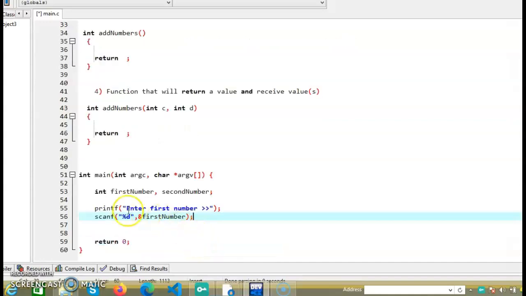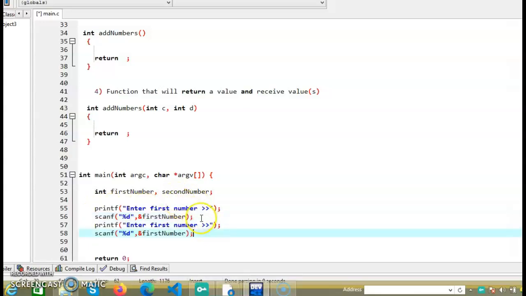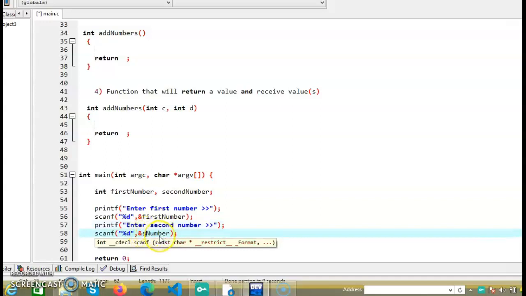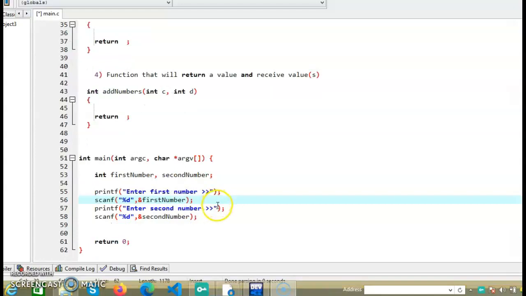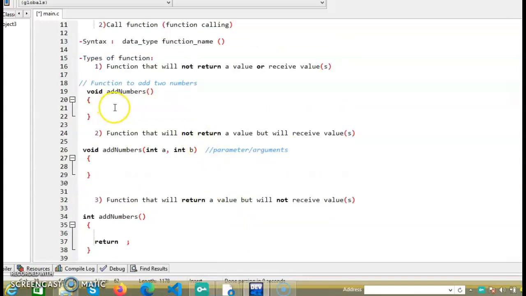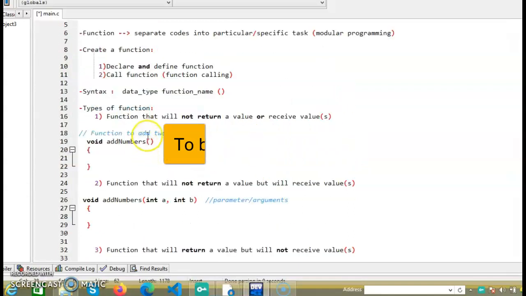Set the first variable for the number. Done with the statement to obtain the first number, and replace with the second number, and replace this with the second number. Once we have done with the input statement, now we will define a task for these several types of function that we have here. Actually, in a program we can use any types of